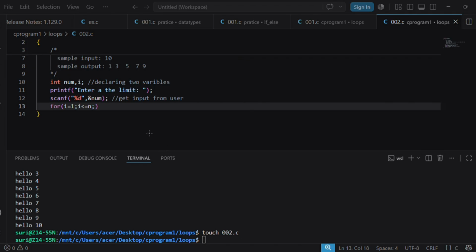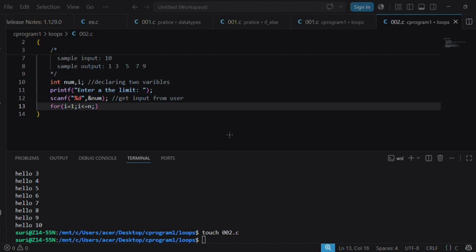So 1 plus 2 is 3. And if you compare 3 and 5, it's the same scenario: 3 plus 2 is 5. So it increases by 2 each time.